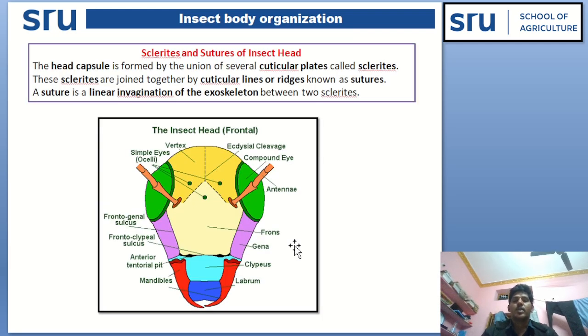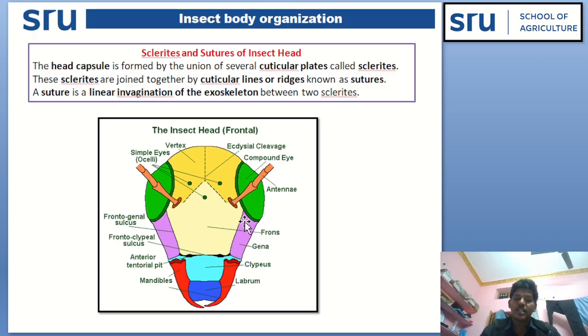Sclerites and sutures of the insect head. The insect head capsule is formed by the union of several cuticular plates known as sclerites. See here, vertex is one sclerite, frons is another sclerite, gena is another sclerite. So, several sclerites combinedly form a structure that is the head capsule. And these sclerites are joined together by means of